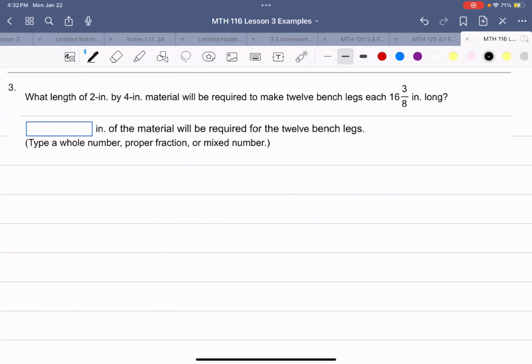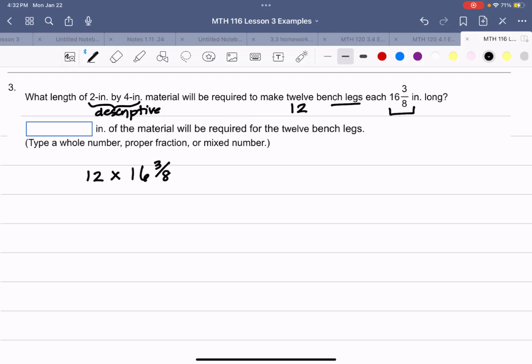Example number 3. What length of a 2x4 material will be required to make 12 bench legs, each 16 3/8 inches long? Now, this 2x4 here is descriptive, okay? So we're not going to use the 2 or the 4. We know we need 12 of these legs. Each one is that long, so we're going to have to do 12 times 16